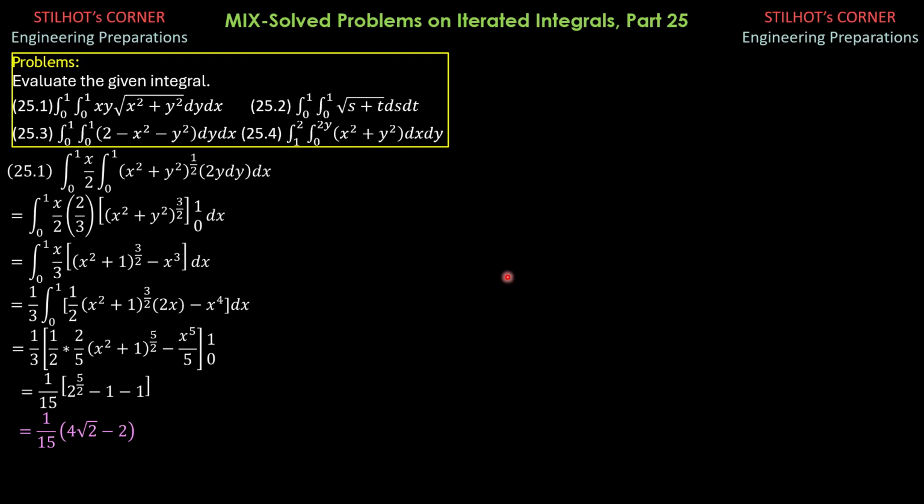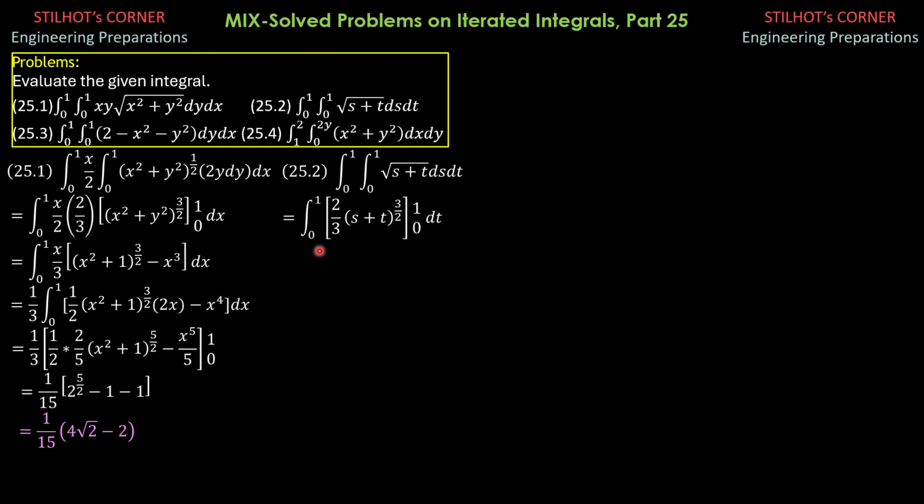So next, problem 25.2. Integral 0 to 1, 0 to 1, square root of s plus t ds dt. So this is in the form square root of u, or u to the 1/2 du. If we put u be s plus t, t is constant. So this is now the integral 0 to 1 of 2/3 quantity s plus t to the 3 halves, because the integral of this is s plus t to the 3 halves over 3 halves, and the reciprocal of 3 halves is 2/3, from 0 to 1, then dt.